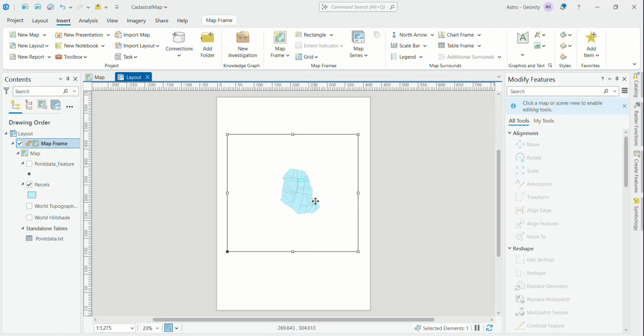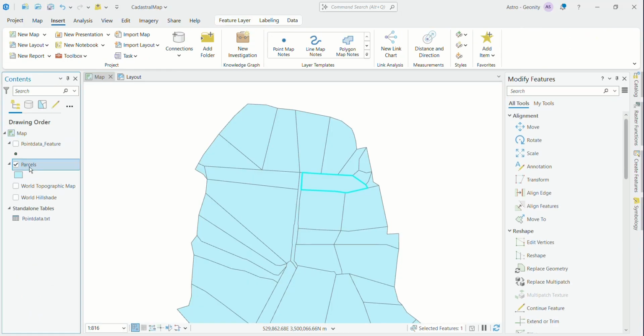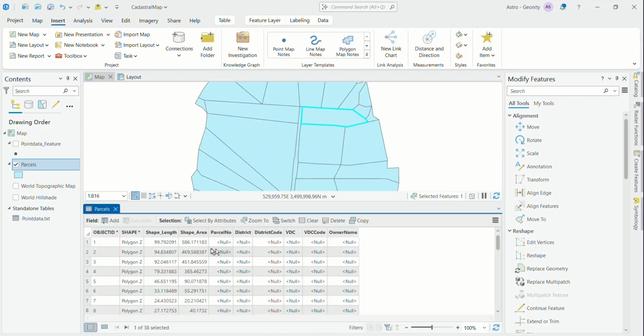Actually, before we prepare the layout, I think we forgot something. We need to fill the data as well, the attribute information, right? Because if you go here and open parcel attribute table, then these fields are empty. The parcel number, district code, VDC code, and all. So make sure you fill all these details, and after that you can show label and show the label as parcel number. How to do that you can see in the previous video that I've prepared